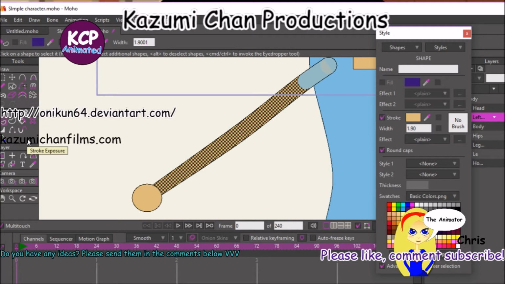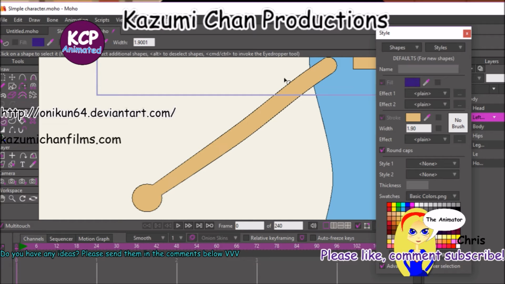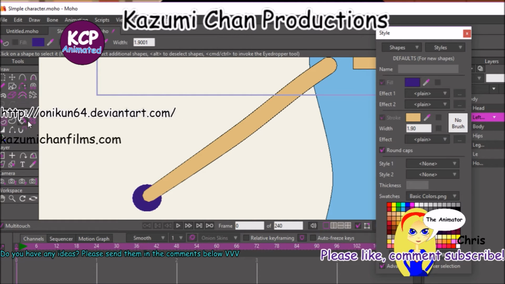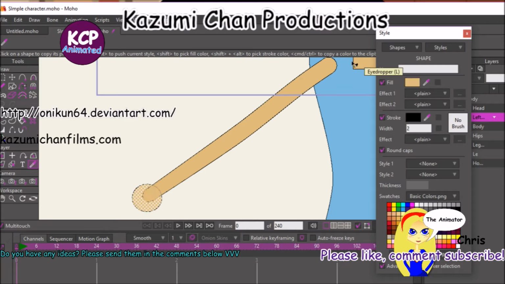And what I like to do is just put the skin above the, there we go. What I like to do is just put the skin over the shape of the hand. So now that it looks like this, let's go ahead and